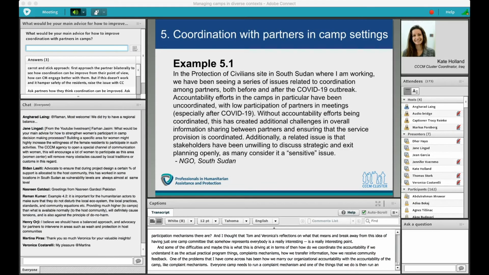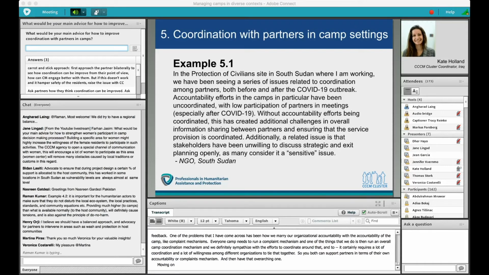And so I definitely sympathize with the efforts to coordinate around that. And it certainly requires a lot of coordination, a lot of willingness among different organizations to tie that together. So you can both support partners in terms of their own accountability or complaints mechanisms, and then have that overarching one. Moving on to the coordination